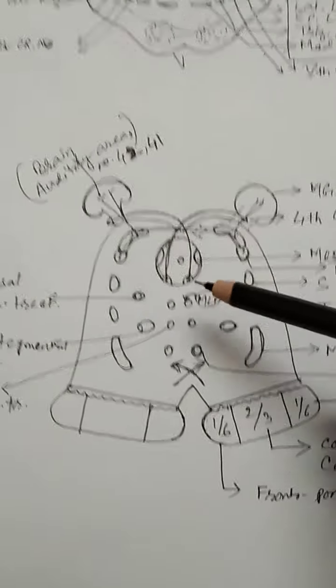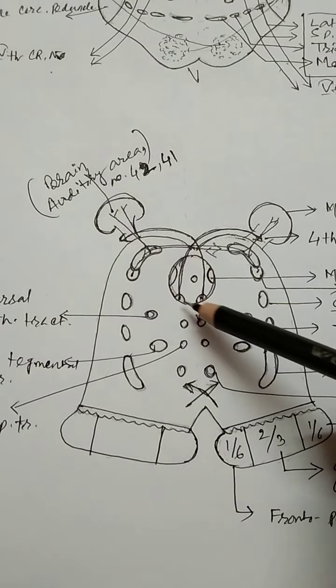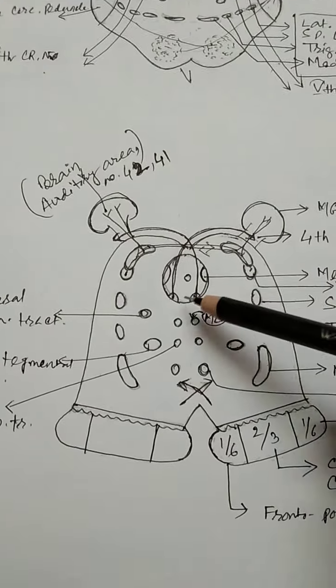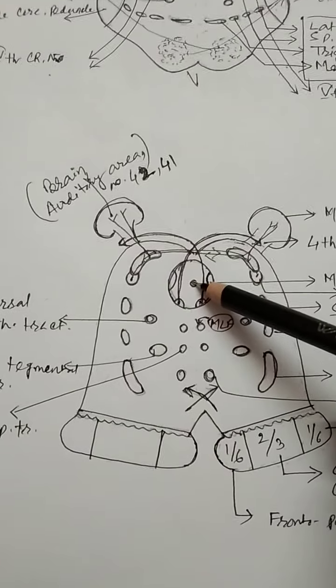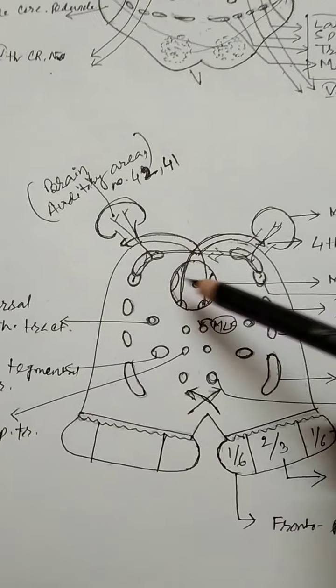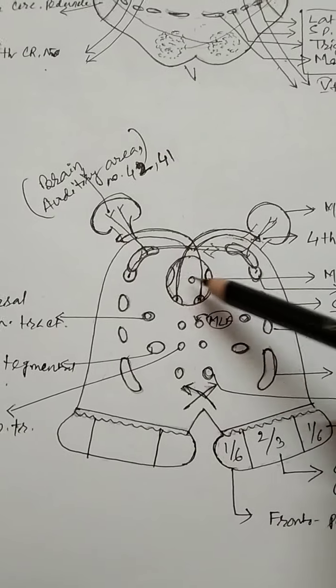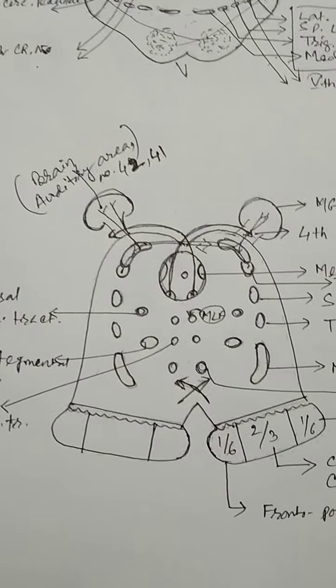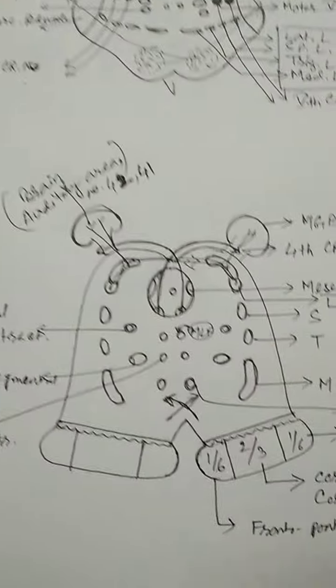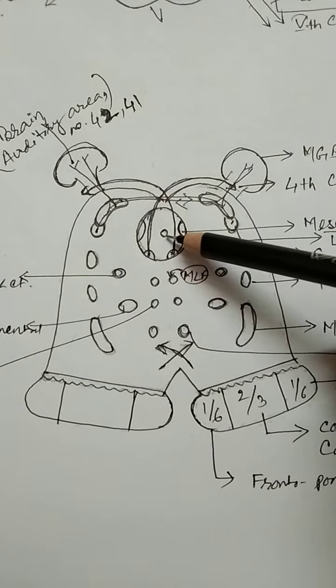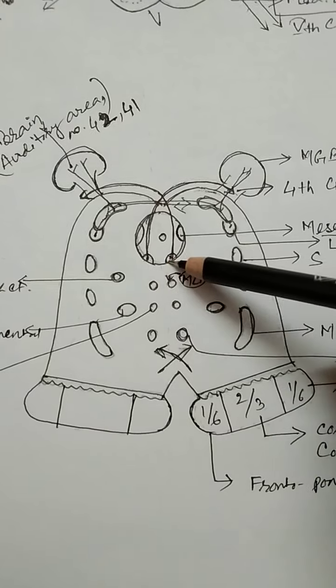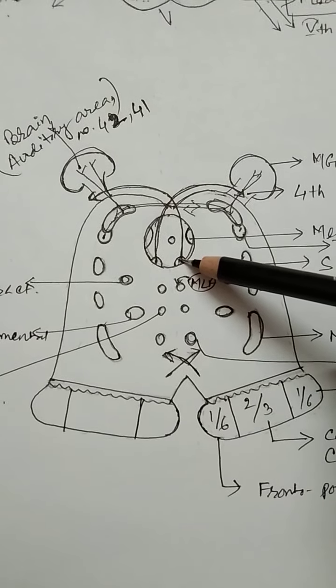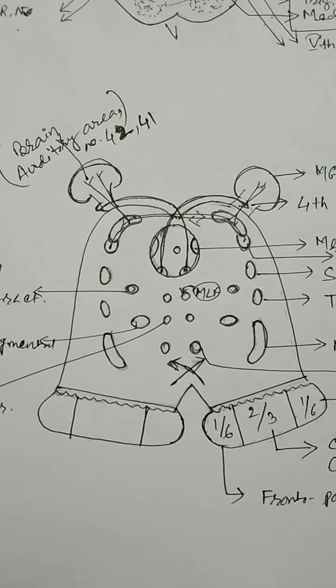So, what have you seen here? This is the midbrain at the level of the inferior colliculus. This is the central canal and central gray matter. On either side of the central gray matter there are the two mesencephalic nuclei of the trigeminal nerve. You can see the mesencephalic nucleus of the trigeminal nerve in both sections of the midbrain in the central gray matter. Now, in front, or ventral to the central canal on either side, there are two cranial nerve nuclei situated. These are the fourth cranial nerve nuclei, or the trochlear nuclei.